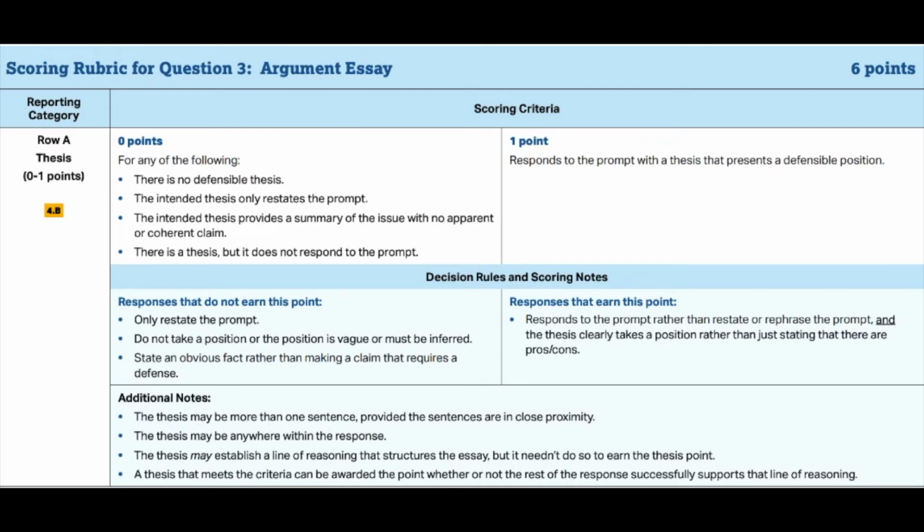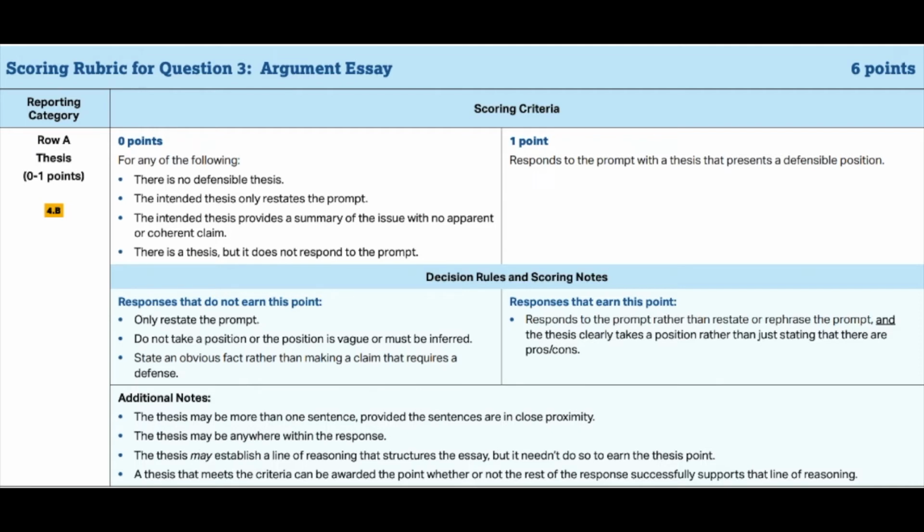Responding to the prompt before, I could say that classical literature is overrated, for example, but I need to give reasons. Also, I can't just say that I think classical literature is overrated, but sometimes it's also underrated, because the question only wants to know about something overrated. And not giving a clear stance means you're not answering the prompt properly. Your answer has to be absolute, if that's possible. A thesis that does not even answer the question will not get a point. Basically, that means that I have to answer the question about something that's overrated, so make sure not to ever